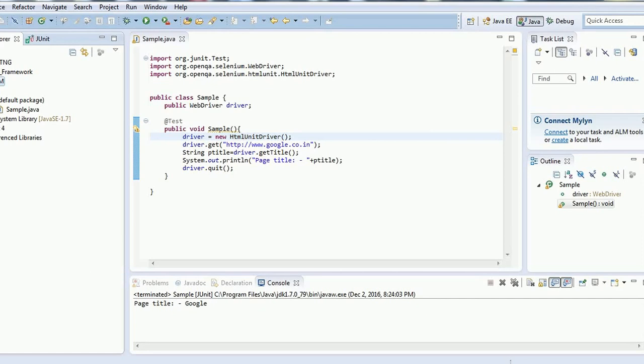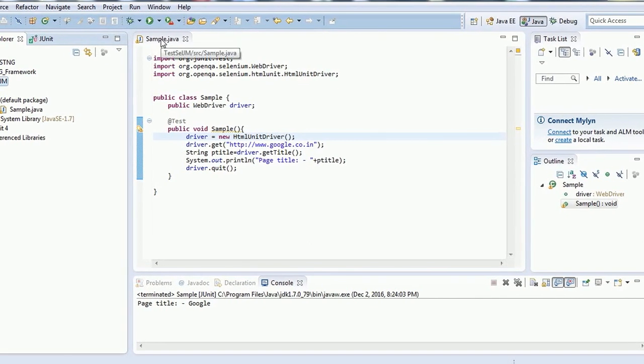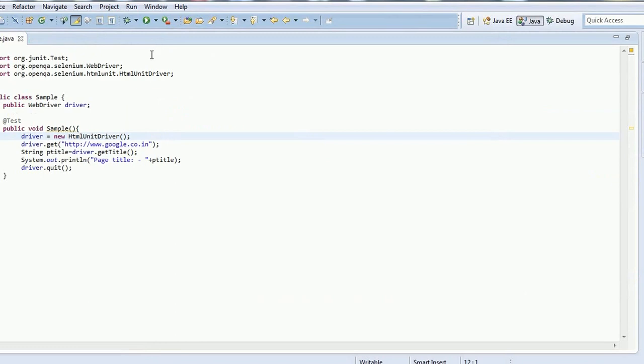So here is the code. It's a very small, simple code, just for illustration purpose. I am importing the JUnit test library, Selenium WebDriver, and HTML unit driver. And I have put a test method over here.